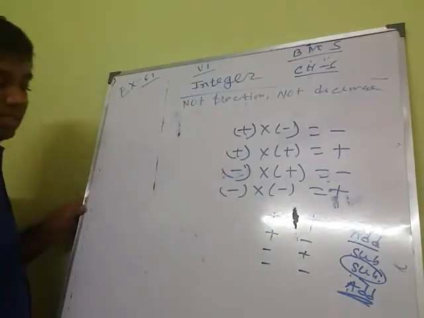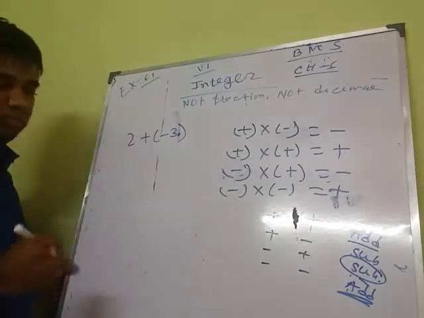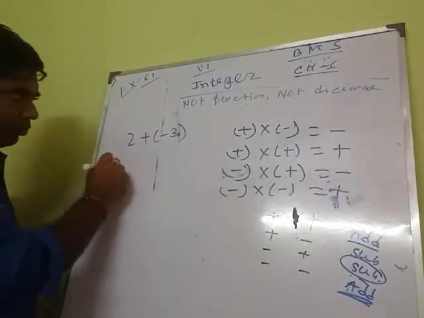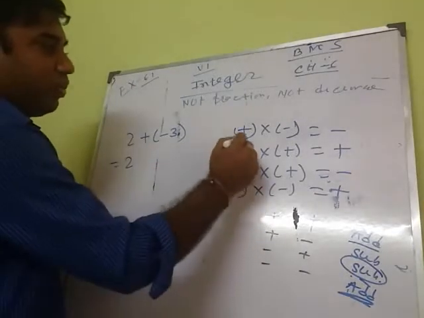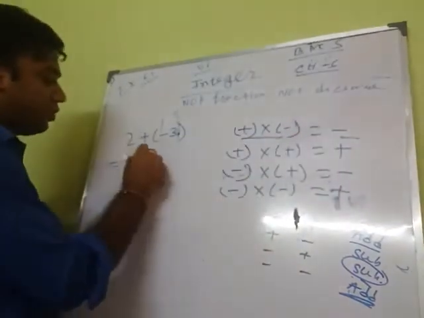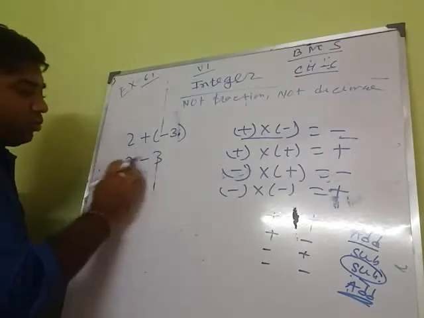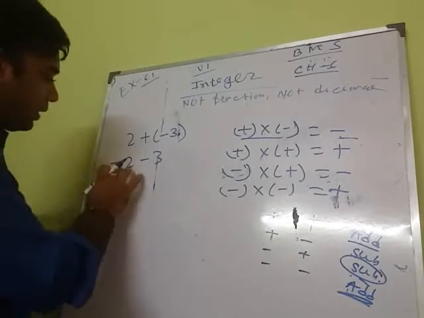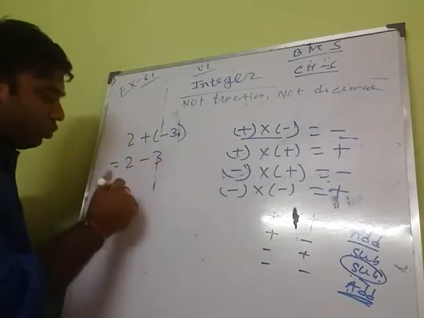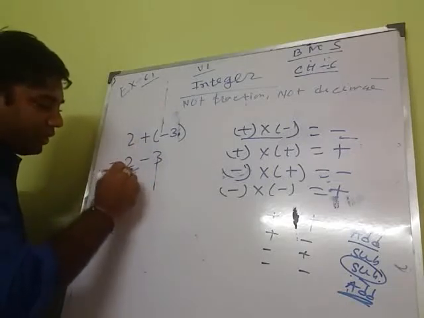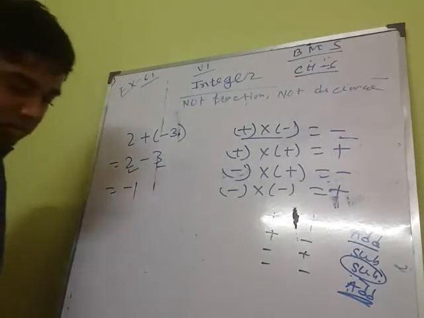So I am taking an example, 2 of plus or minus 3. So 2 plus into minus, by that rule, plus into minus, the answer is minus. So minus 3. Now plus and minus are opposite signs, and that means subtraction. 3 minus 2 is 1. What will be the sign? Which one is greater, 2 or 3? 3 is greater. The sign of 3 is minus. So here it will be minus 1. Okay. Next,